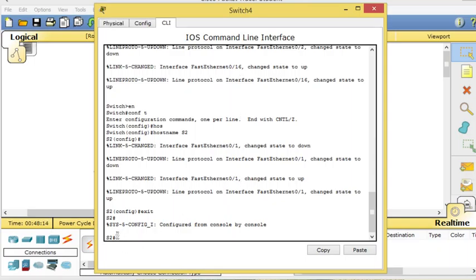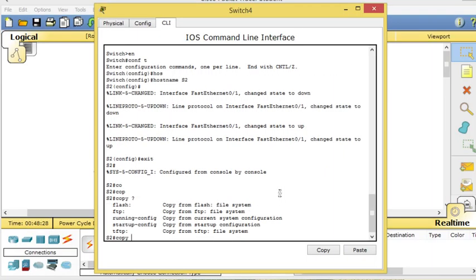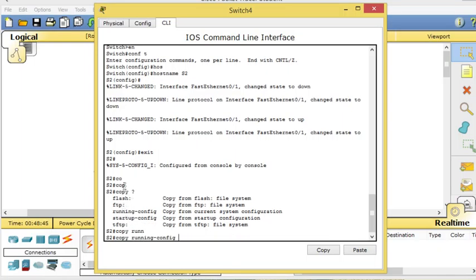Now in this executive mode, represented by the hashtag, again, I know it's not its real name, I just prefer it. We need to enter the command copy. Now we need to select something to see if we can copy the flash, copy the file transfer protocol, but what we've got to copy is this current system config, and we've also got the startup config. So what we can do here is copy the running config, which has our name changed to S2,